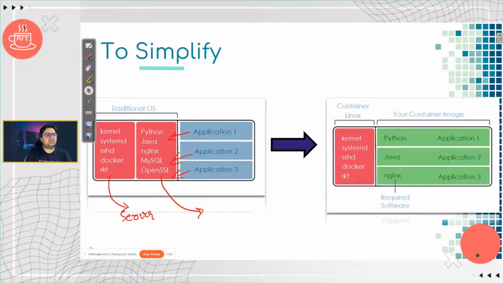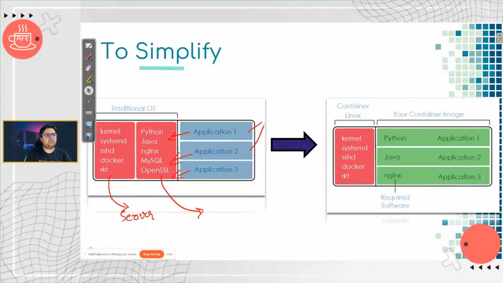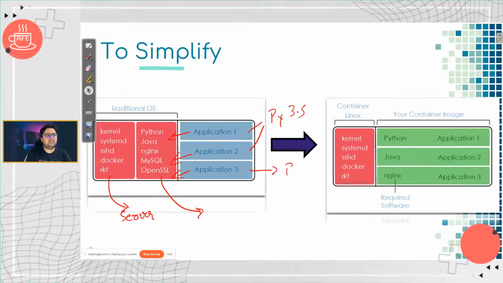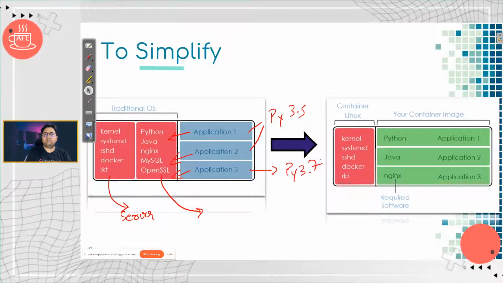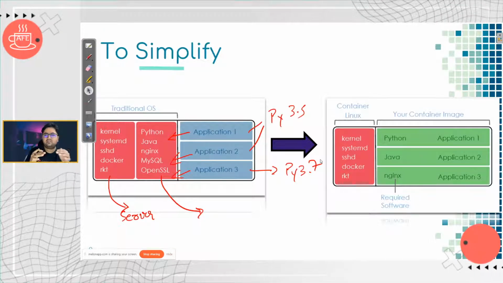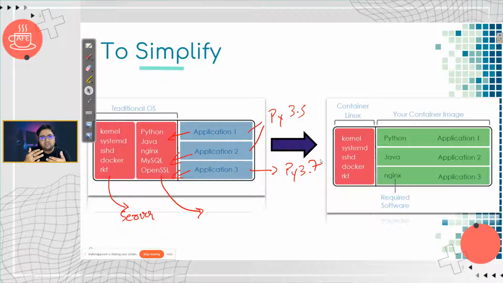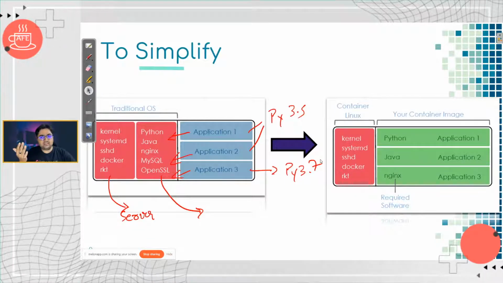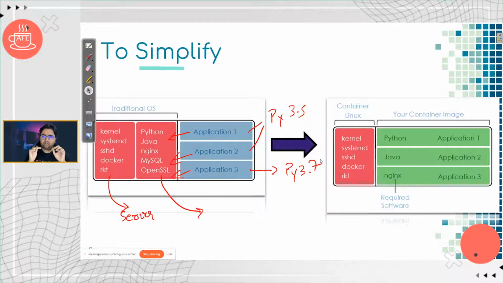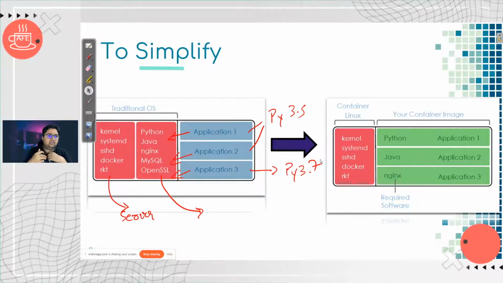Now imagine a scenario where applications 1 and 2 use Python 3 or 3.5 and this one needs Python 3.7. It would be a nightmare. It cannot run with this because you will have so many variable inconsistencies, so many path inconsistencies, that you'll just not be able to do it this way.